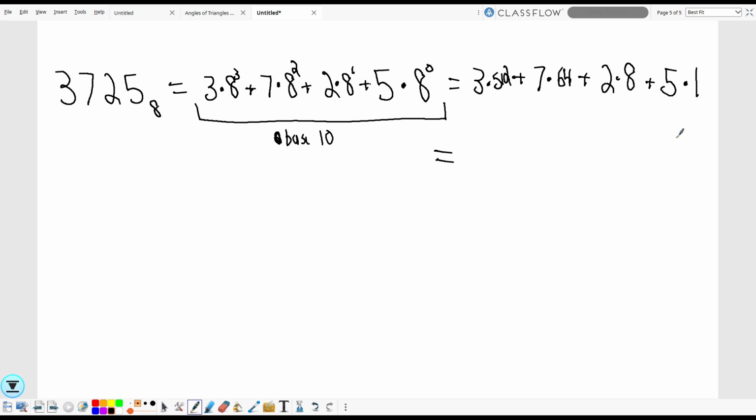So, 5 times 1 is 5. 2 times 8 is 16. 7 times 64 is... I'm too lazy right now, so I'm just going to grab a calculator real quick. 7 times 64, that is 448,